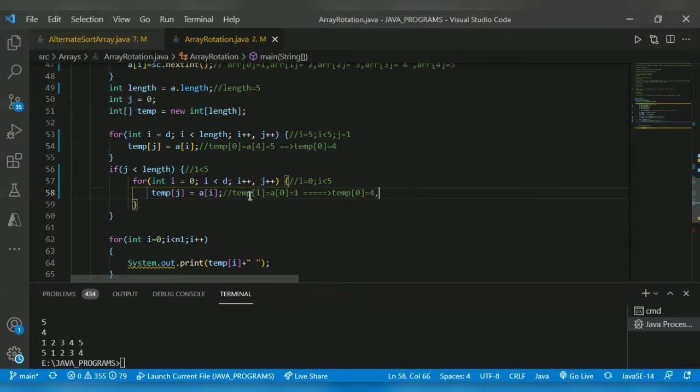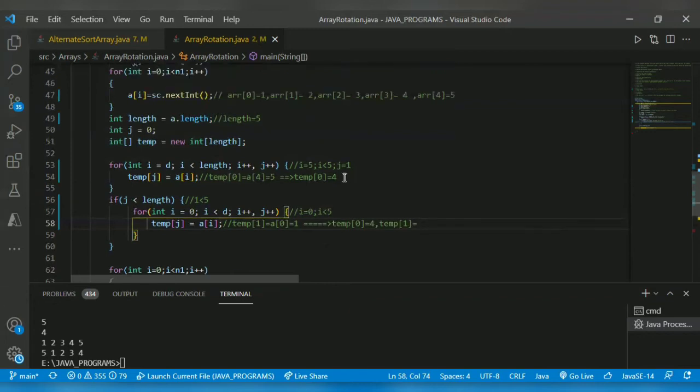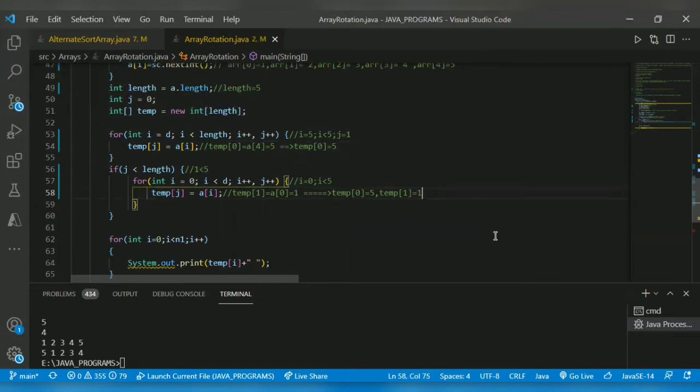Sorry, here temp of 0 equal to 5, right? So already temp of 0 is 5. Then temp of 1 now it's 1. Then j will get incremented to 2.